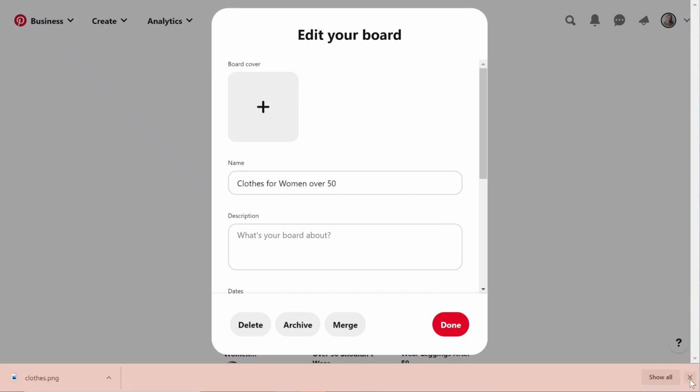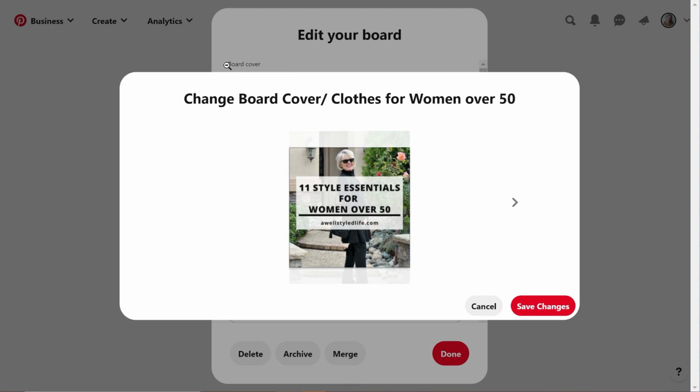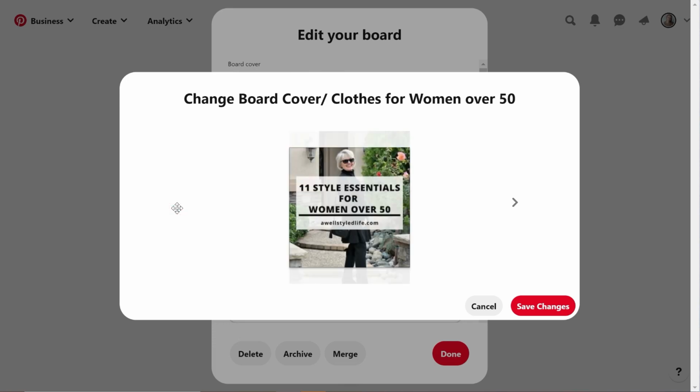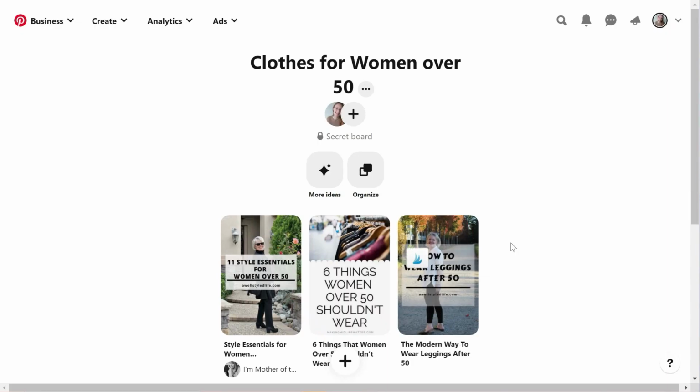And now we're going to go back to Pinterest and click on add. So as you can see, when you click on add, it only shows you the pins that I already have added. So you're going to have to upload all of your board covers as pins so that you can actually save them as your board cover. It's kind of an annoying process. I wish they would make it a little different, but unfortunately that's what we have to do. So we're going to go to cancel, we're going to go to done, and I'm going to show you how to add a pin so that you can add your board cover.